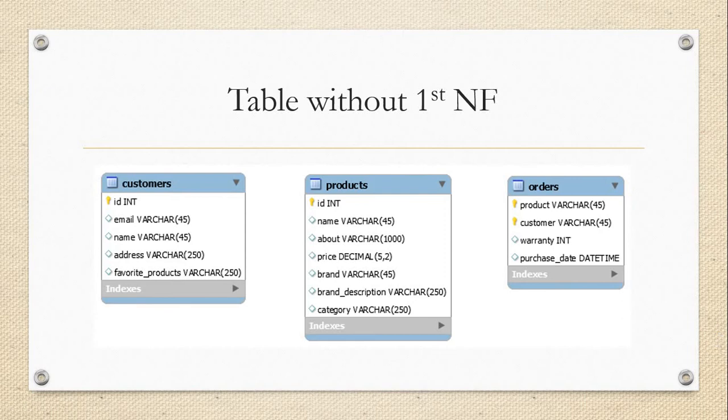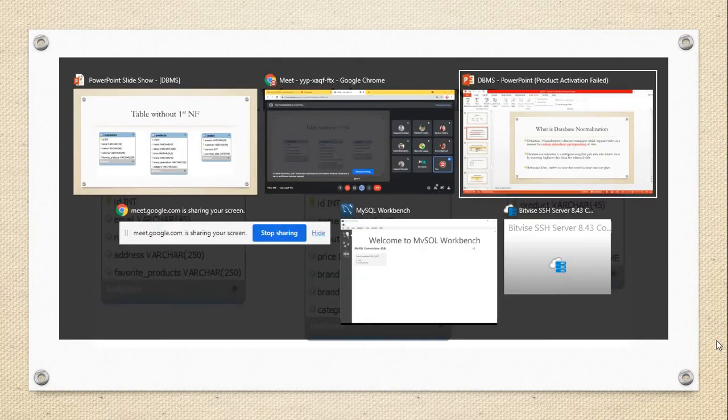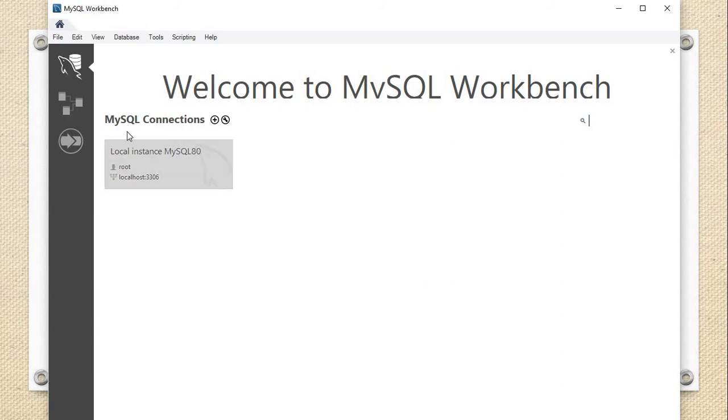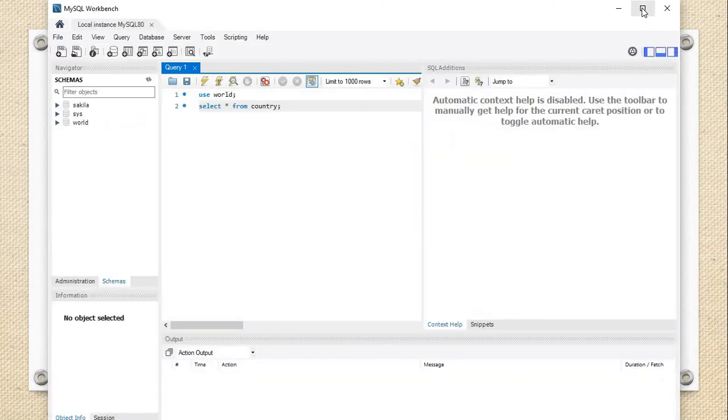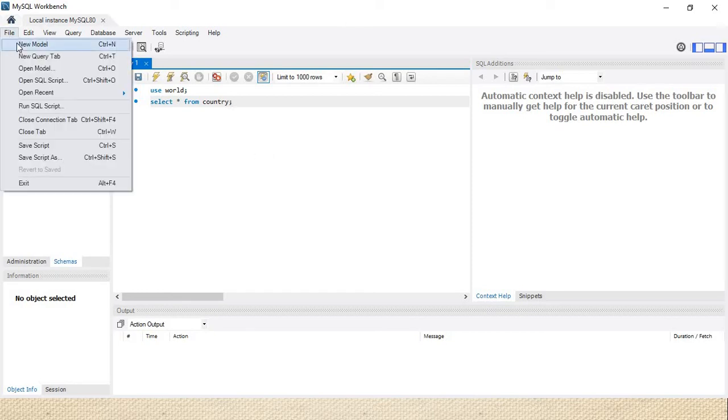I know the definition is too heavy to digest, but I suggest just applying the logic. Whenever you want to apply the concept of first normal form, make a note of that: we require a unique value or atomic value. And the second concept: if a table contains multiple values in a record, then we need to create a new table. We just need to understand these 2 things.